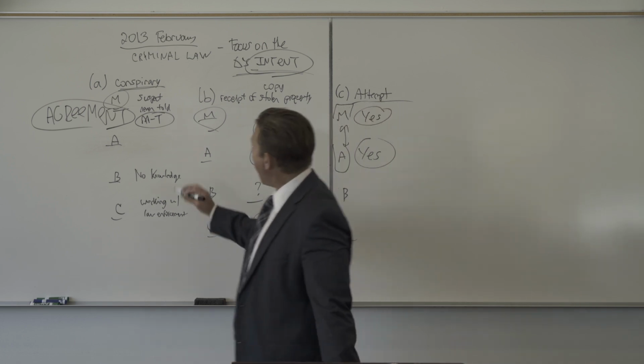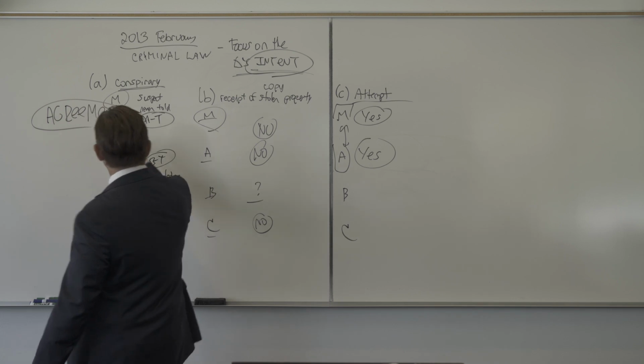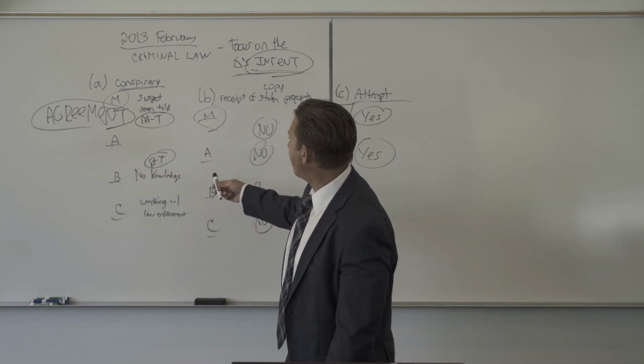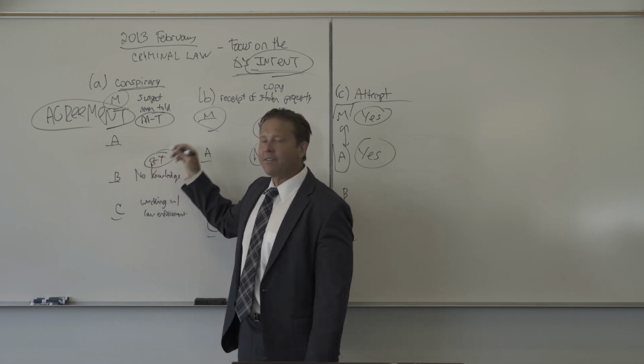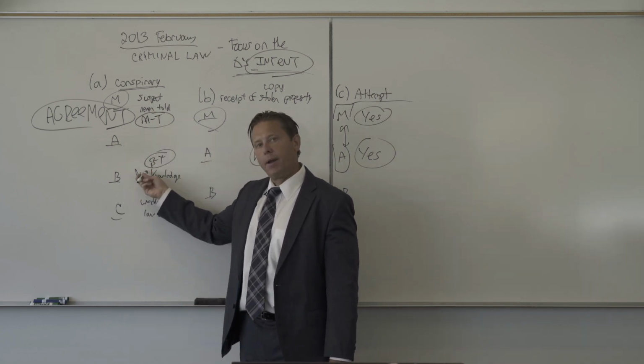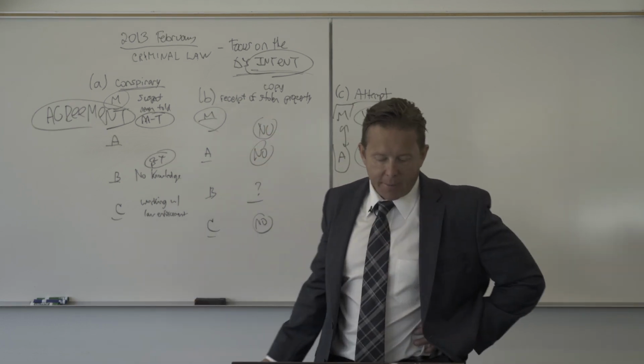So Bert has a conspiracy with T. Don't forget, Bert's double-crossing Max and Ted's double-crossing Max. Max is screwing everyone over. Well, it looks like Bert's going to get the last laugh because he's going to keep the stolen one for himself. So Bert and T have entered into an agreement to commit conspiracy to commit stolen property.